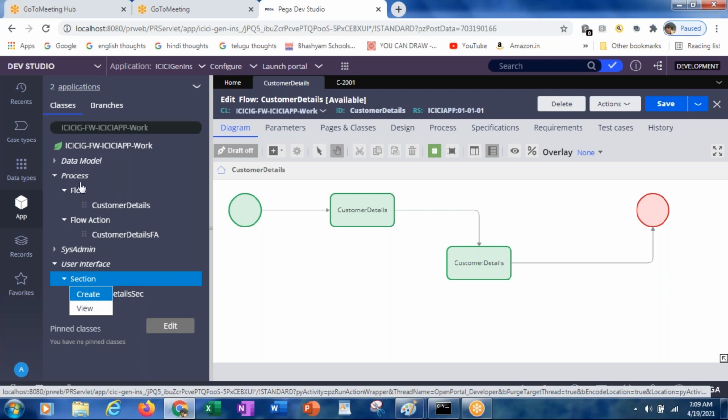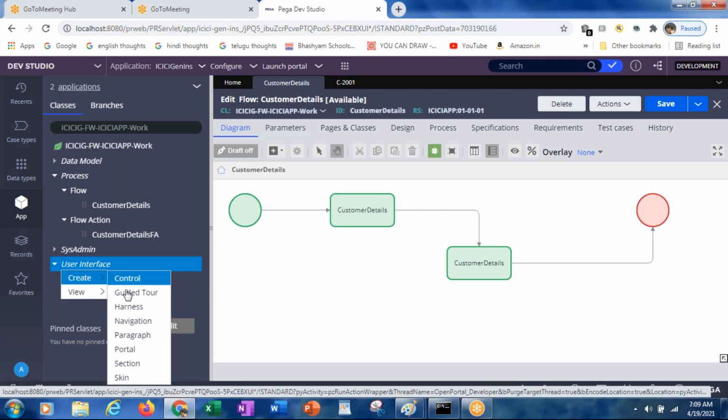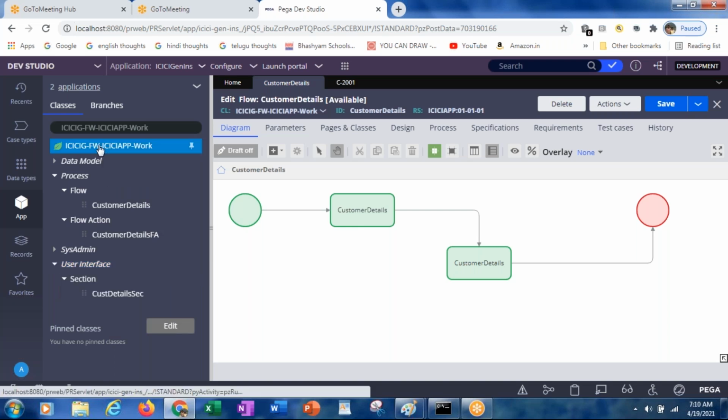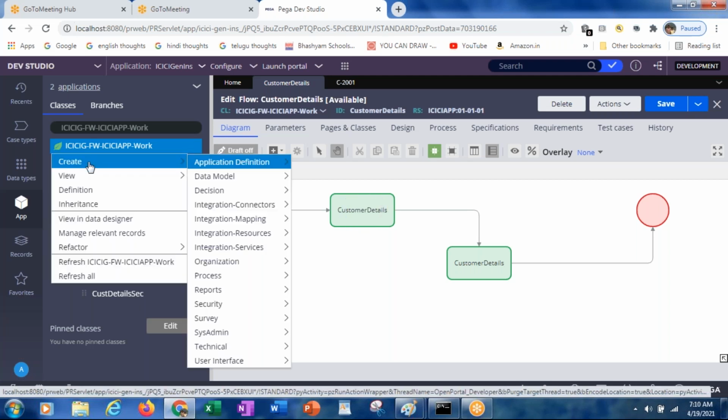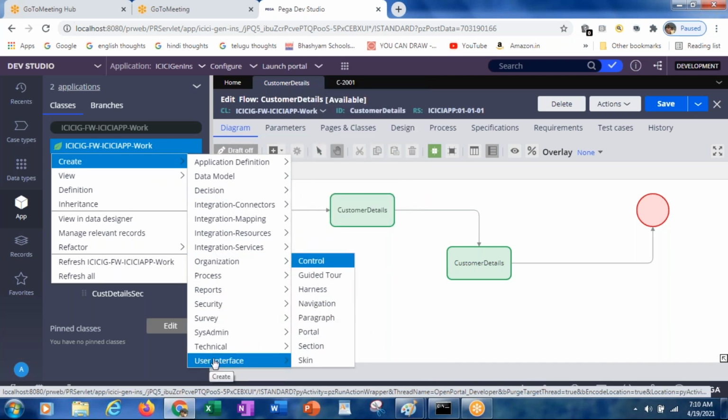Otherwise, if you press the button on the user interface, you see create, what control you want to create, whether you want to create the section, portal, paragraph, navigation, or something like that. Why? Because now it is under the user interface category. Otherwise, if you press the mouse button on the class and select create, you see all the categories displayed, and then we have to go to the user interface and select the section.